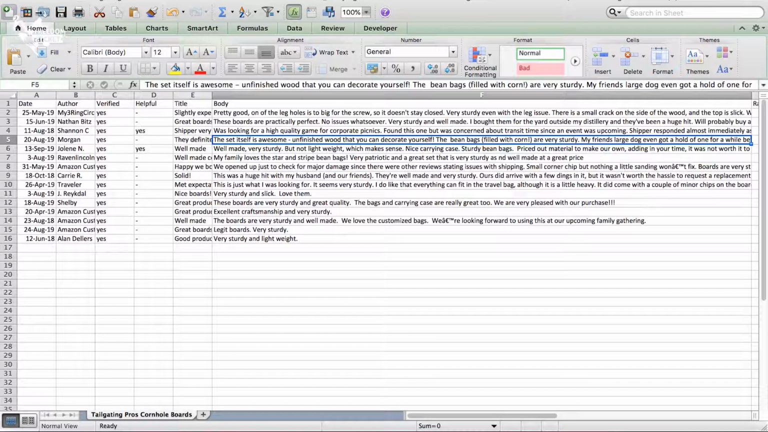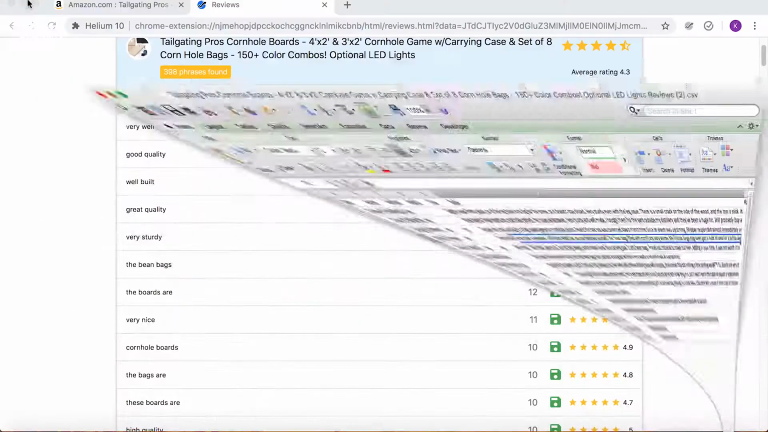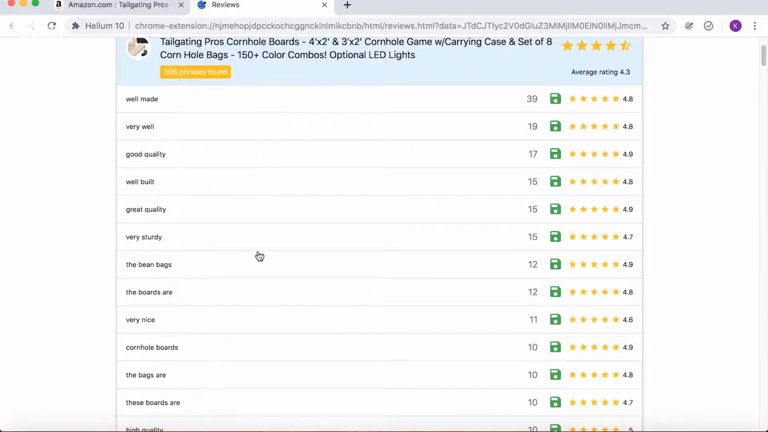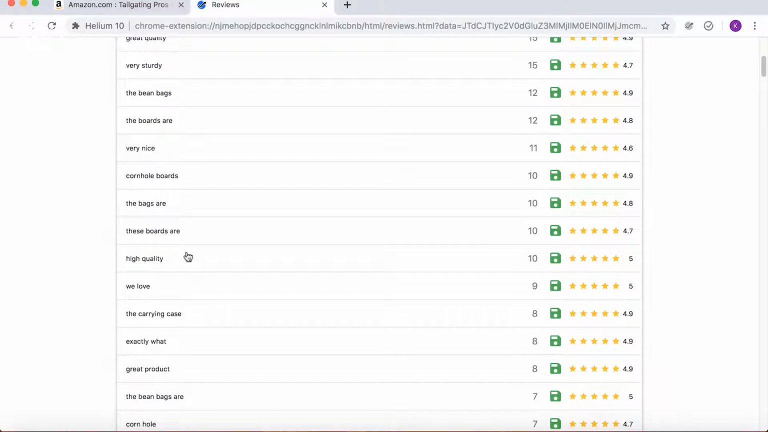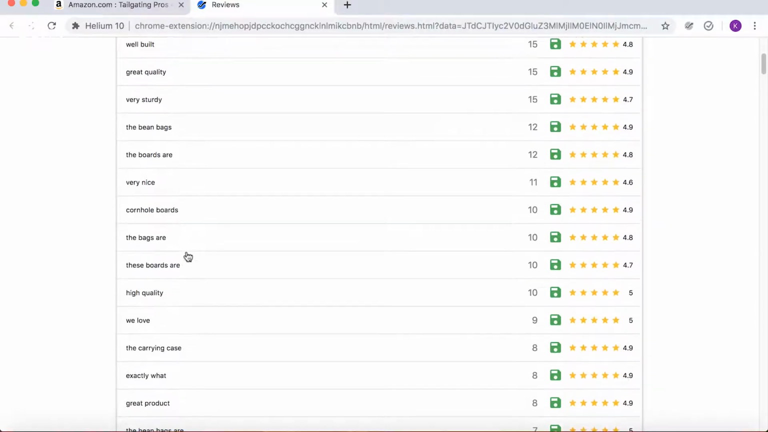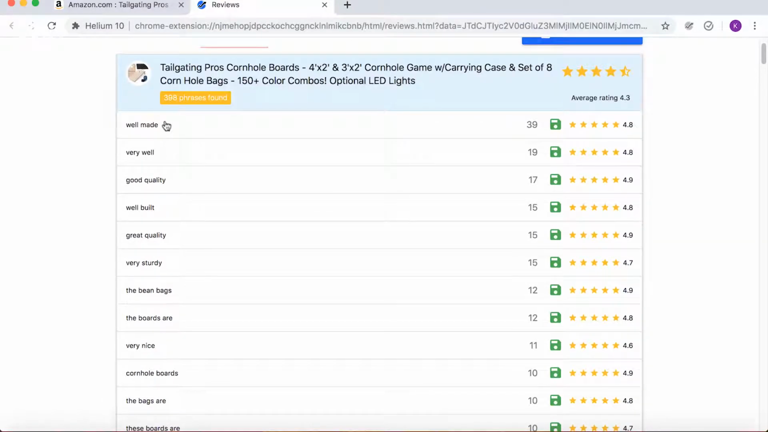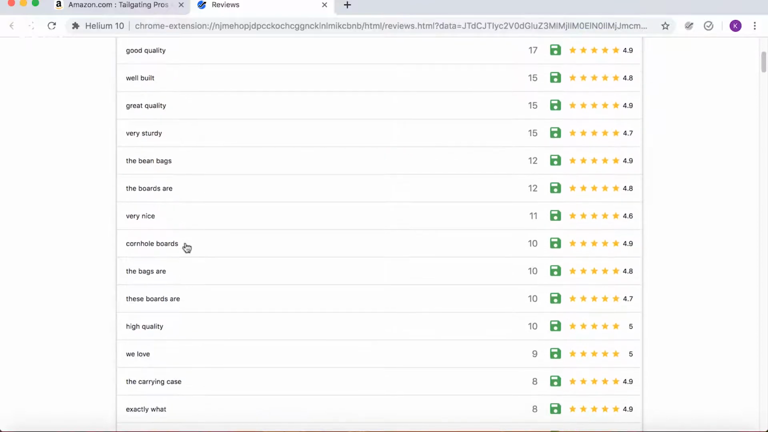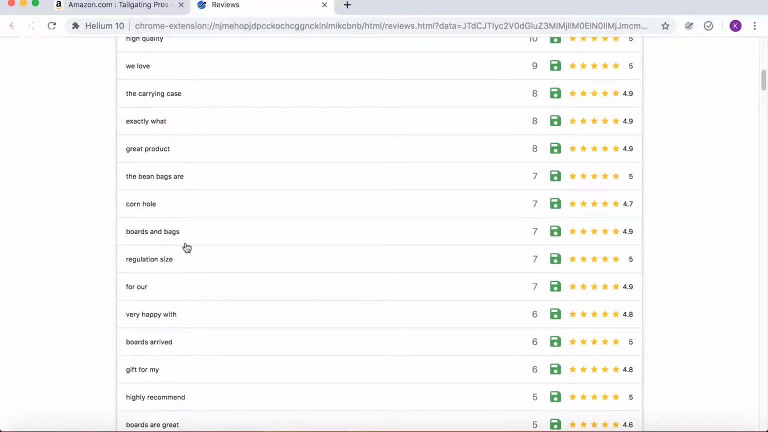So I would look through all these and look for those patterns in the positive ones. And that's going to give me not only potential copy that I can use when I write my bullet points in a way to differentiate, but also things I need to emphasize to my factory if I'm going to source this product. Let's take a look at another one here. High quality. Let's look at this top one. Well made. Well made is like sturdy. Very well. It's probably going to be like very well. Good quality. Well built. But you see how you can use this stuff to your advantage, not only in sourcing